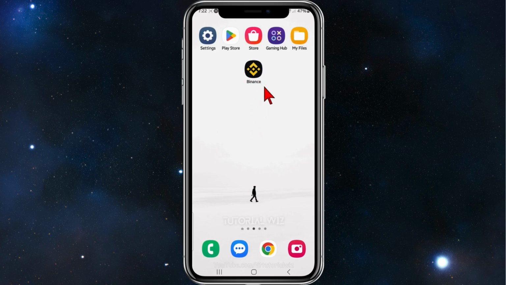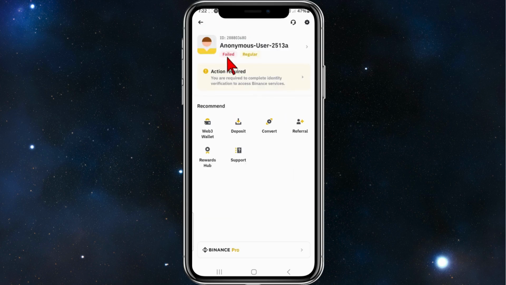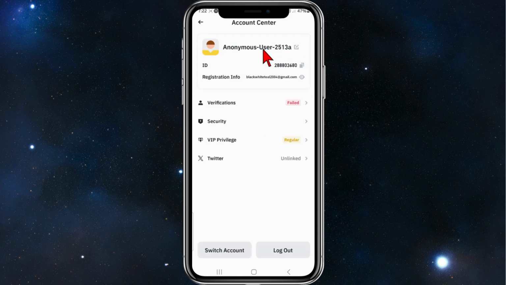Alright guys, go ahead and open up your Binance app on your phone. Make sure you're on the markets page, the home page of Binance, and then from here click on the top left hand corner and it'll bring you to this page. And at the moment my username is anonymous user. So what you need to do is just click onto your username there and then click onto the pencil icon